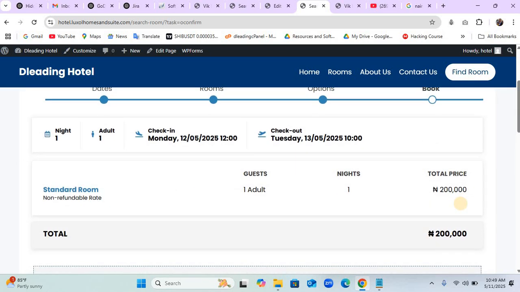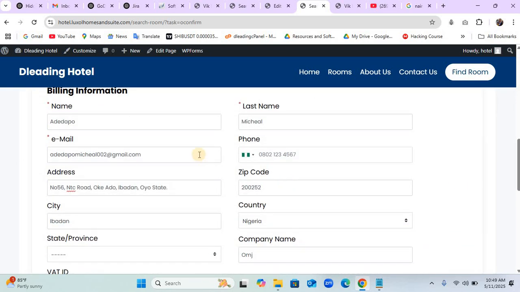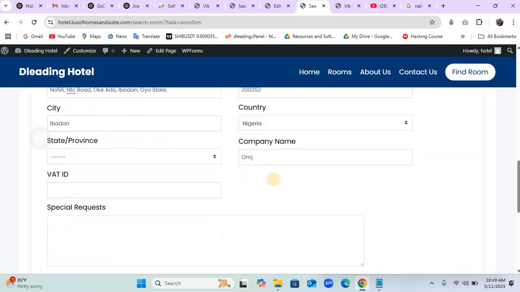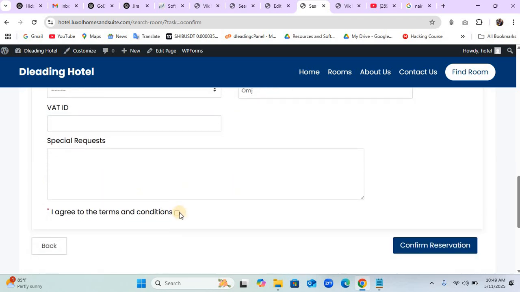So just wait for it to load, and then you see it. You don't have anything, just fill in your details. These are my details and everything, and then just agree to the terms and conditions, and then click on confirm reservation,